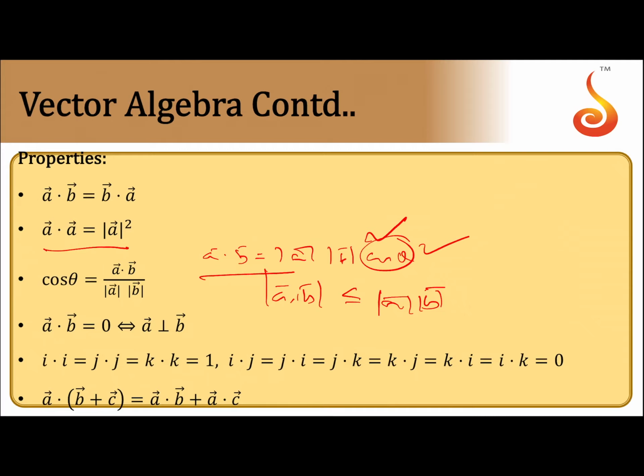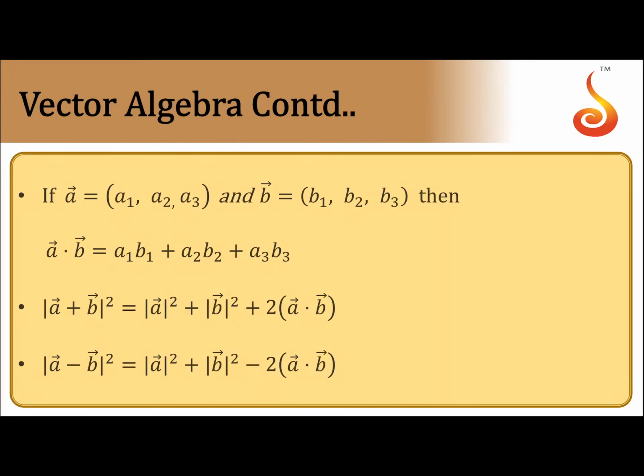Suppose î, ĵ, k̂ are the unit orthonormal triad. When you apply the dot product to them, I say that î·î is equal to 1, ĵ·ĵ is 1, k̂·k̂ is equal to 1. î·ĵ will be 0 because they are perpendicular. Similarly, the dot product of one vector with the other vectors will always be 0 because î, ĵ, k̂ are mutually perpendicular to each other.